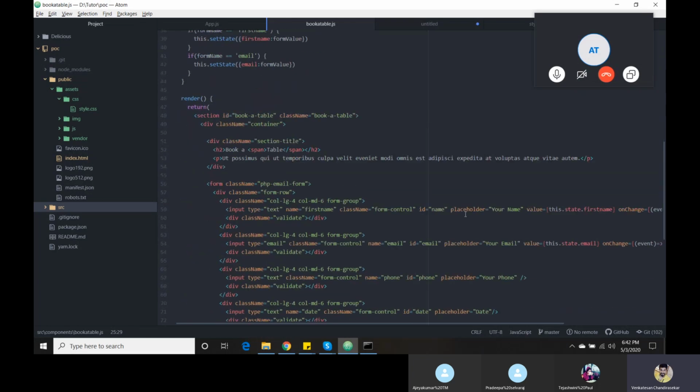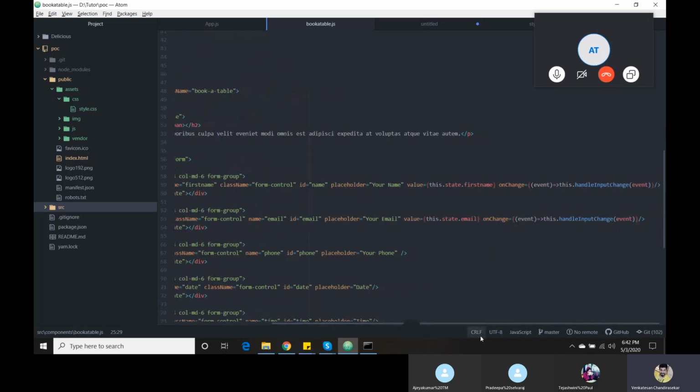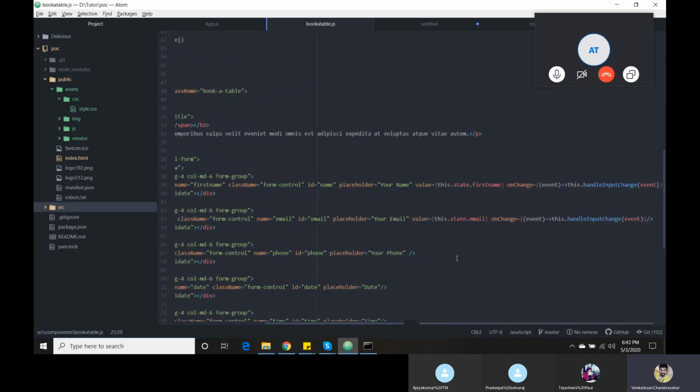Whenever I change my text box, I need to change my value and retain that value in my state variable. For that reason, we have an event field in JavaScript, jQuery. In everything we have e.preventDefault. You guys know or not? No, I don't know, but there are a lot of window properties available for getting the current window properties. That's the reason I have used event.